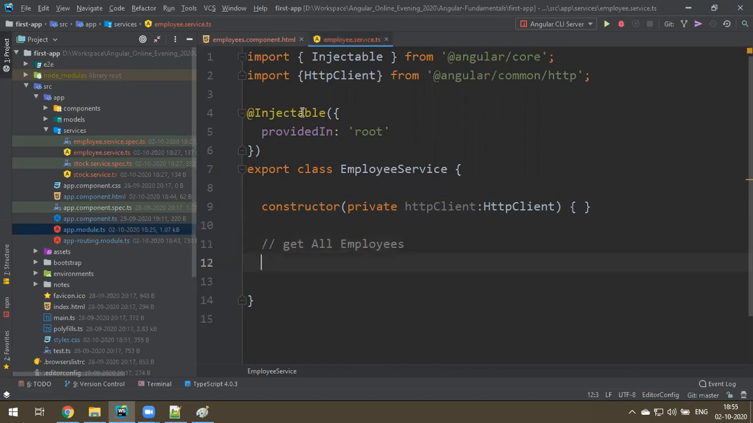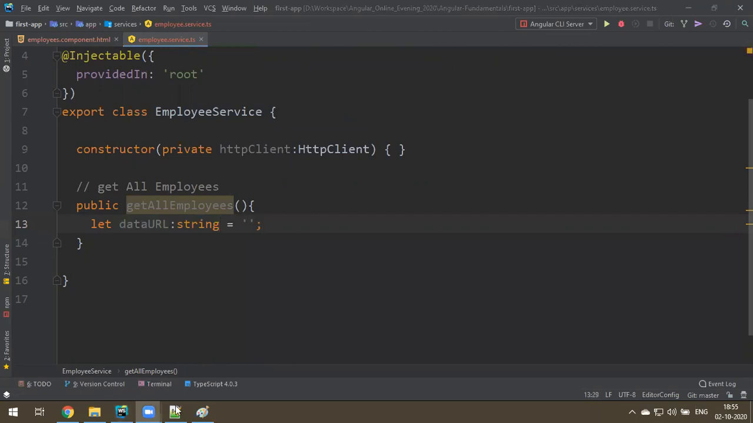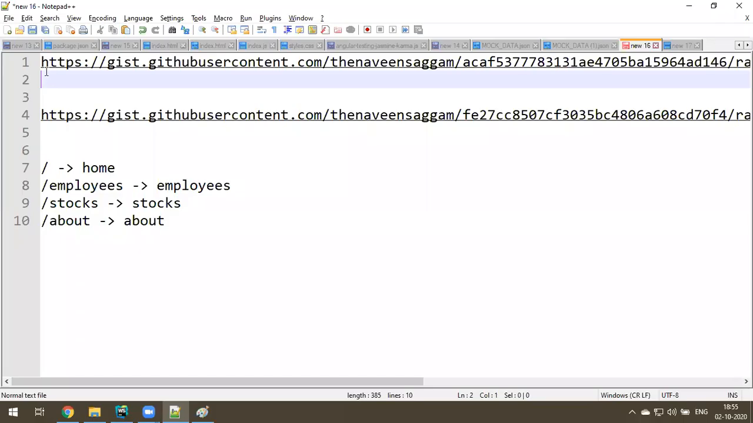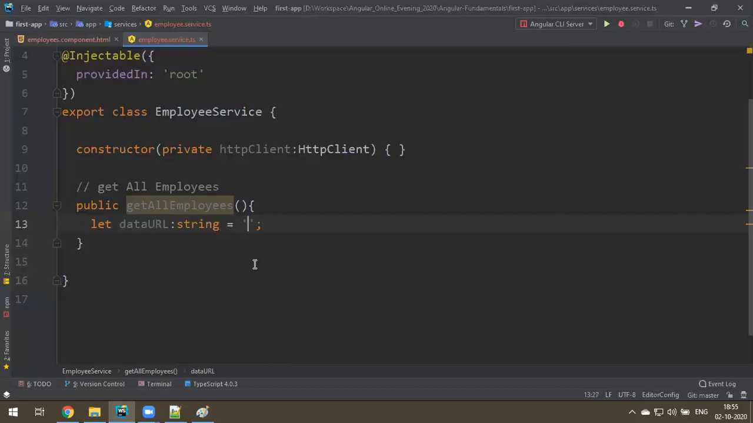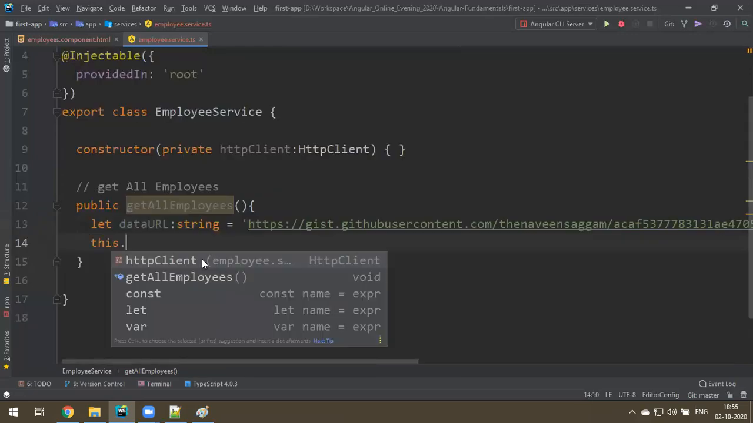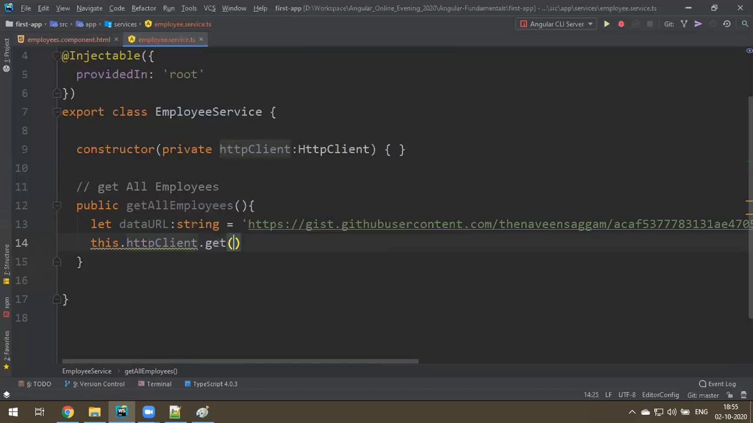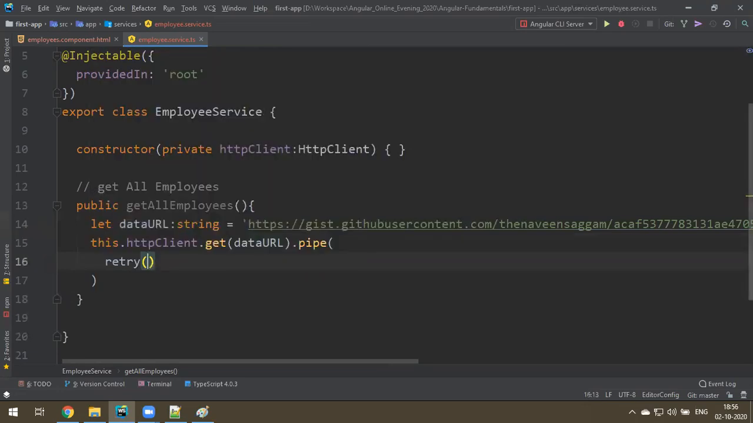Okay, what's the method? Public getAllEmployees. It's a method. Here what you do: let dataURL of type string is going to be the URL. We have already brought the URL. That is the first one. Let me copy this. Go to here. I'll just paste the URL. Then after this, this.httpClient.get(dataURL).pipe, and then retry of one, comma